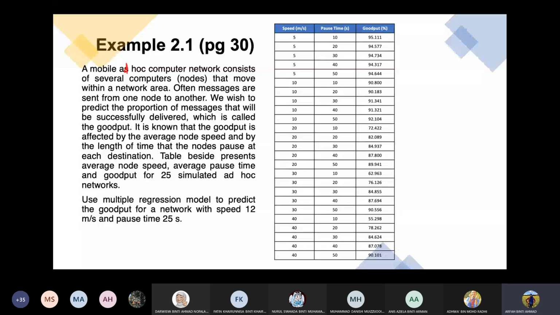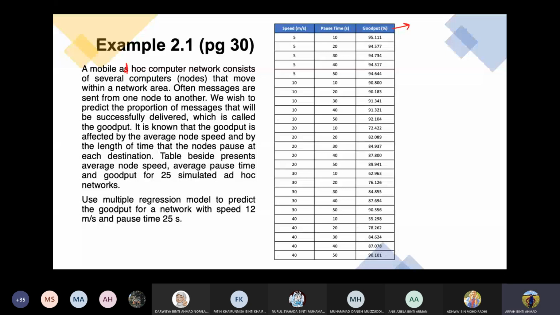Okay. So dia nak predict proportion of messages that successfully delivered bagi sesuatu computer networks. Okay. So good put ni sebenarnya adalah berapa kejayaan terhadap satu message yang dihantar. So dia nak tengok berapa banyak good put,